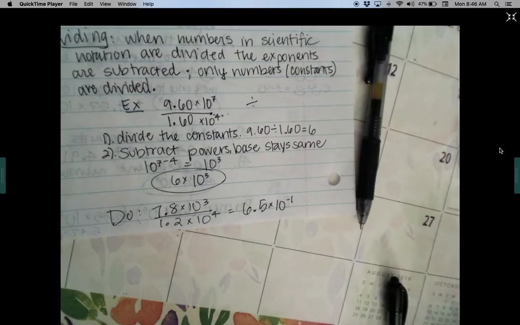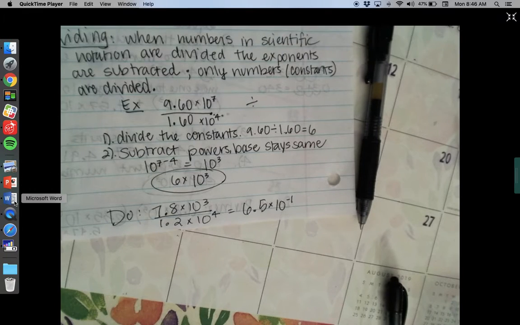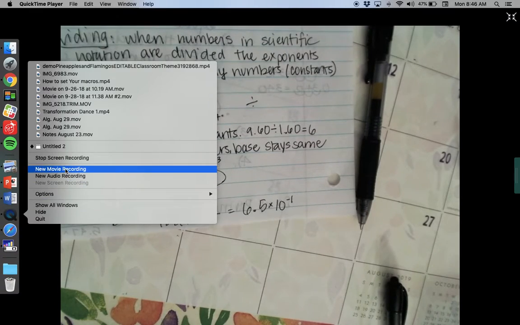Okay, so when I did the division, I told you what I got. I got 6.5, but 3 minus 4 is negative 1. So you should have gotten 6.5 times 10 to the negative 1. And it's okay to just leave it written like that. You don't need to put it in a fraction. Does anyone have any questions on that one? Okay, so what I want you to do is start on that